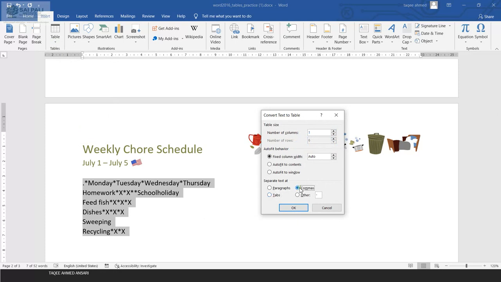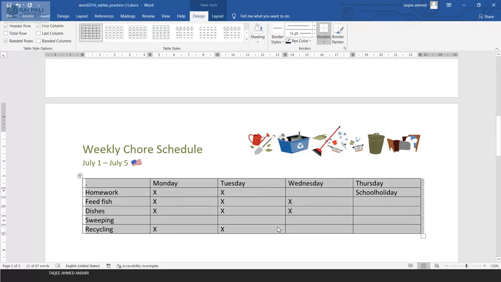Now I don't have comma, I don't have tabs, so I will go for Other. Now what other? Here I will put the symbol which I have. I have a star. Now when I press OK, it is converted into a table again, and accordingly separated by the symbol star. That is what you can do.